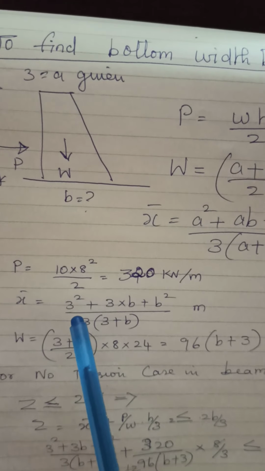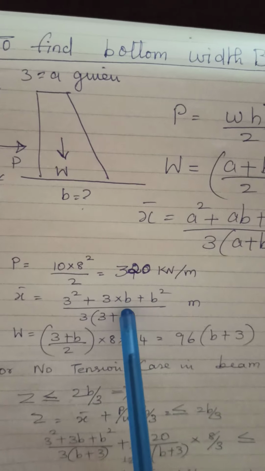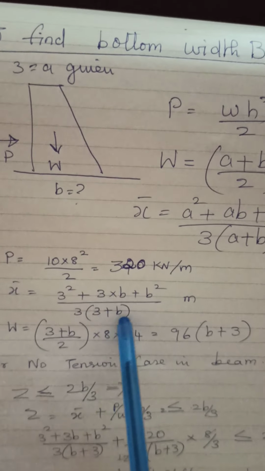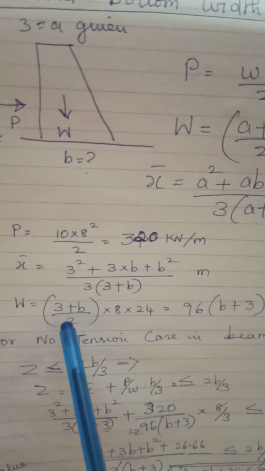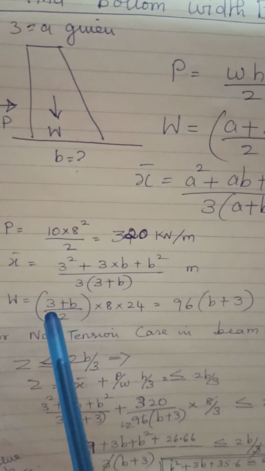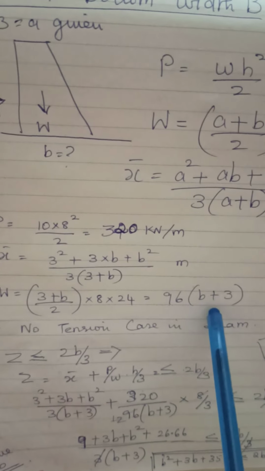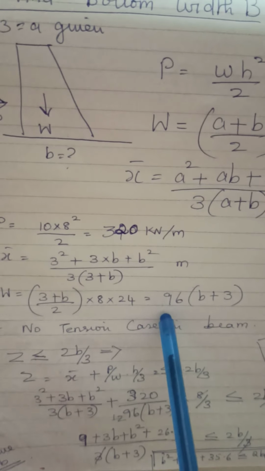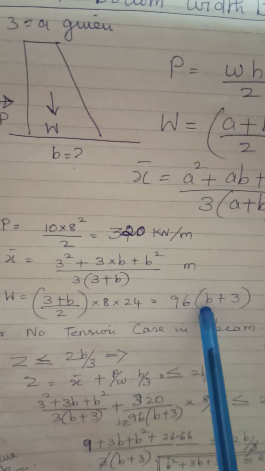The X bar, when we have to solve, we can substitute the values of A, but B is going to be unknown. Just keep the B as such in the equation. We cannot solve more than this. And the weight of the dam, solve for A, substitute for A, and B you can keep as such, and we get an equation like this: some numeral into A plus B. So this is A and this is our B, unknown.